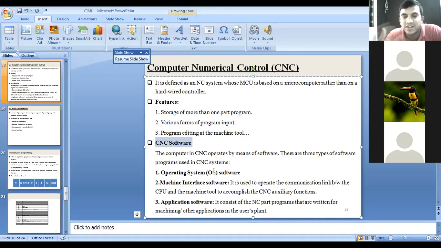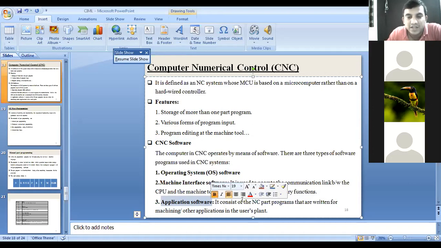The first one is the OS, operating system software. That is the main thing. After you install the operating system software, you go on to install application software. Application software may be Microsoft, or Solid Edge, or ANSYS software.